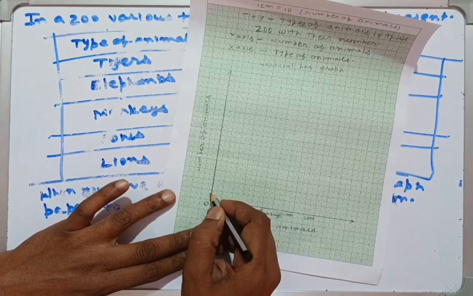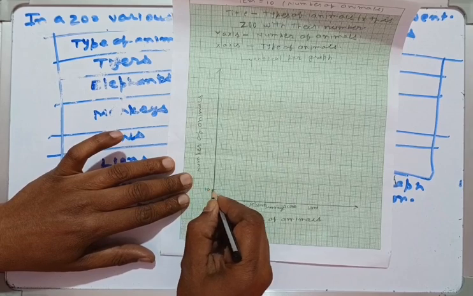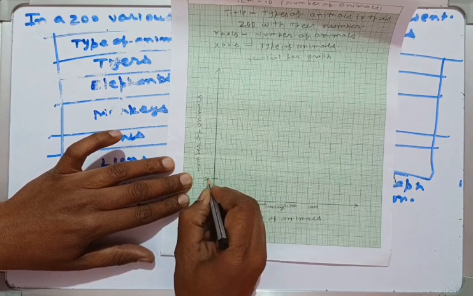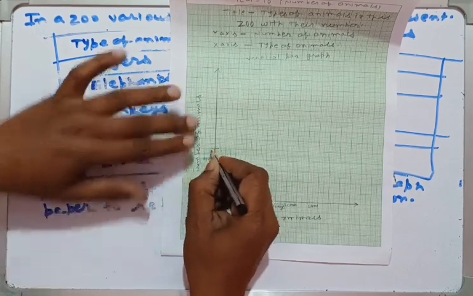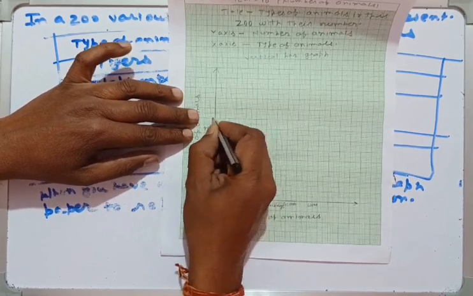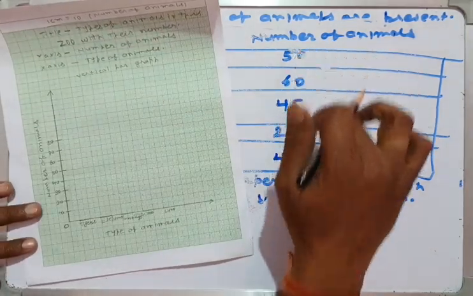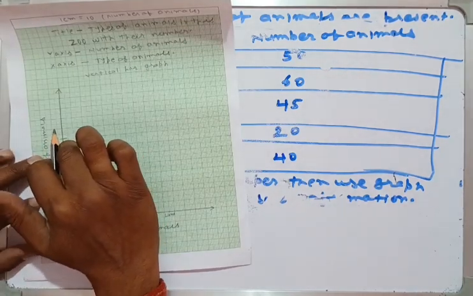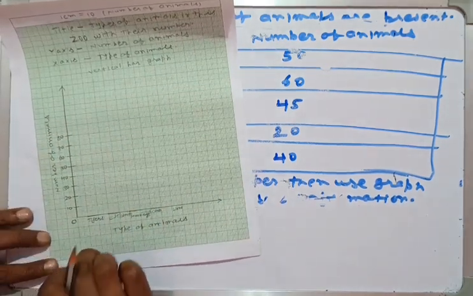Now go in this direction. So here to here, 1 centimeter is equal to 10. So put small lines here: 10, then 20, then 30, then 40, then 50, then 60, then 70 or 80. So guys, one thing you note: the maximum value of animals in this zoo is 60. So you have to write one more number. You can write up to 70 or 80. Okay guys, this is the correct way of writing.